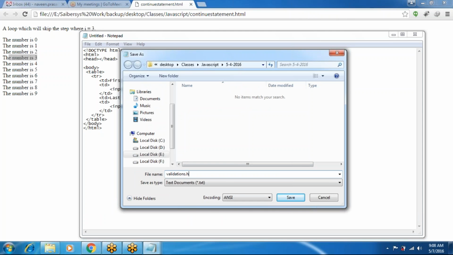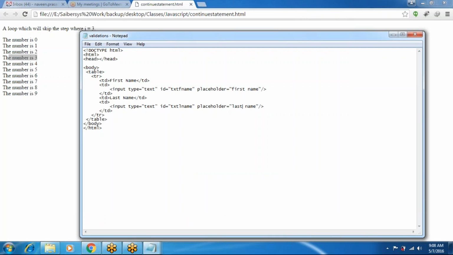Okay, validations.html. So these are the JavaScript validations.